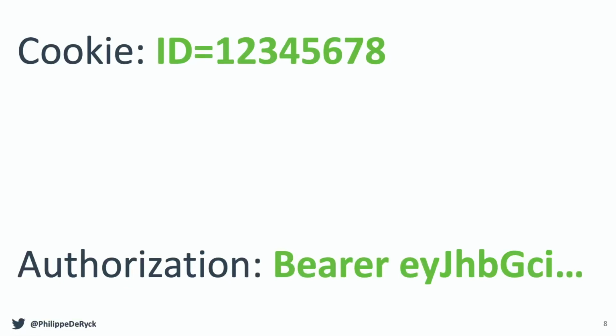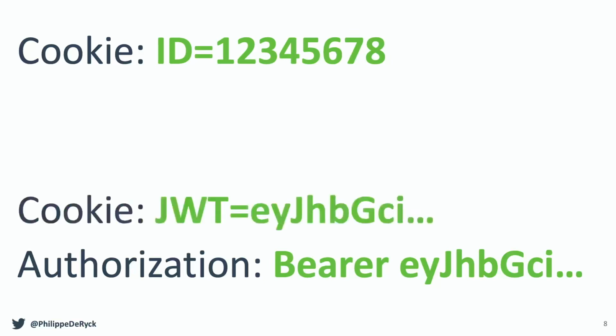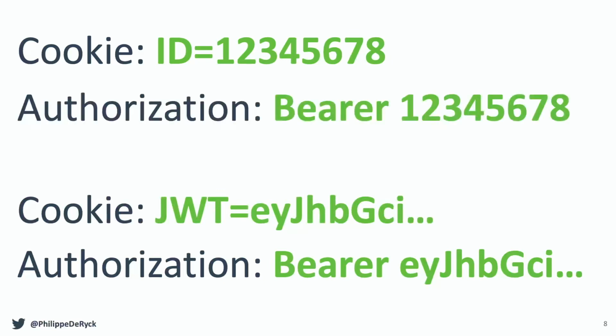And I know people that know that it doesn't really make sense, and they keep calling it cookies versus tokens, which creates more confusion than you might think. Because why not put a token in a cookie? Or put an identifier in the authorization header? That gives us two more options, which is pretty awesome. And this is the real problem that many people struggle with. Cookies and tokens are two different things. Cookies are a storage mechanism in the browser and a transport mechanism on HTTP. And the authorization header is also a transport mechanism. What you put in there is something completely different. Whether you put an identifier or a token or whatever in there, that's a different question. And actually, that's the least challenging part of some of these things.